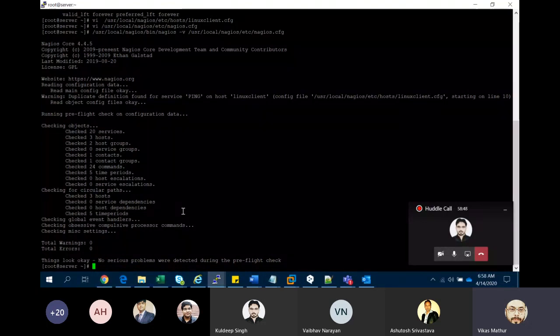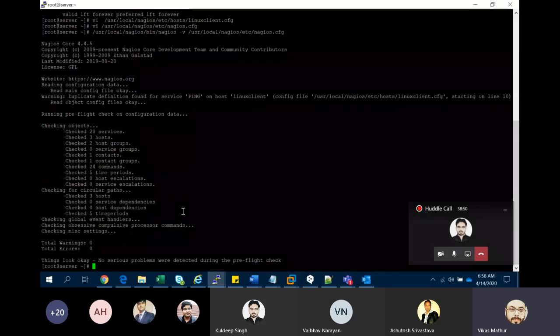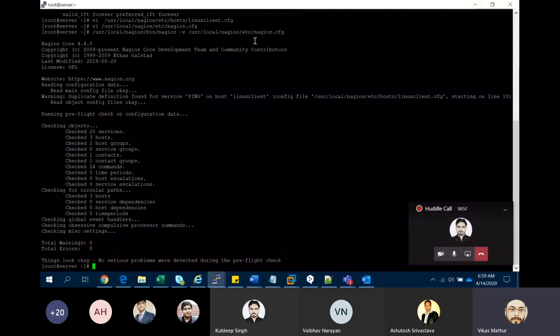There are some errors I faced while executing some commands, so I will show you. This is a very interesting command. You can easily find out while executing any type of command that, okay, there is some mistake I made. It will show you where you made any type of mistake in any particular line.